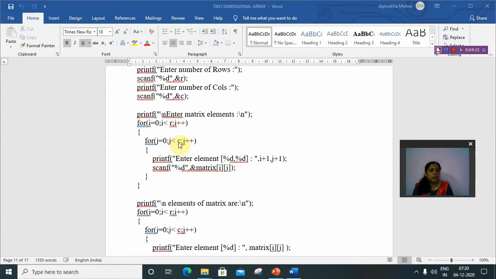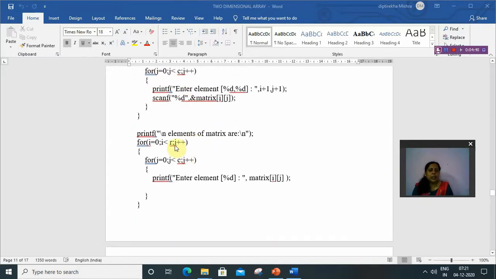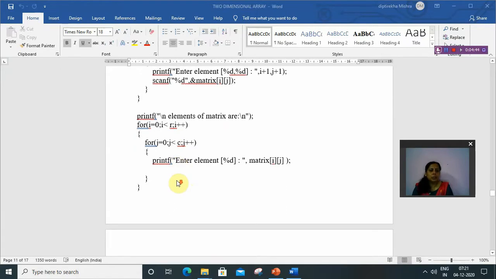When j becomes 3, the condition j less than c is false, so it goes to the outer loop, i becomes 1, and the inner loop executes 3 times again. Means for every i value, j will execute 3 times. These two for loops store the data in the matrix and the next two for loops display the elements of the matrix.